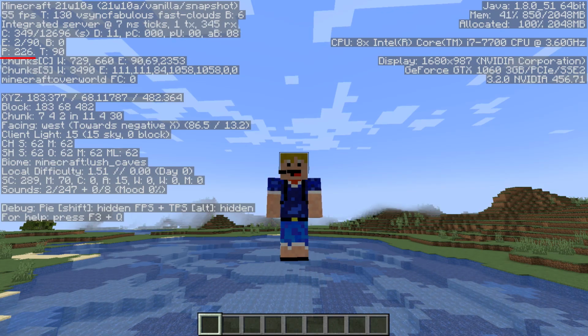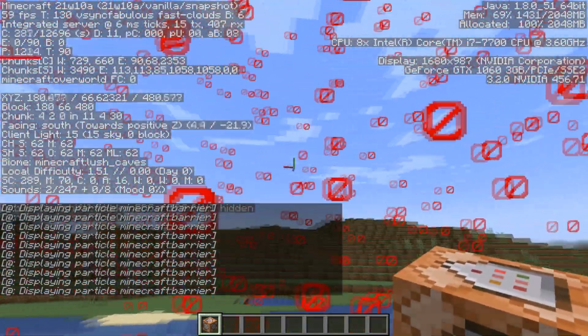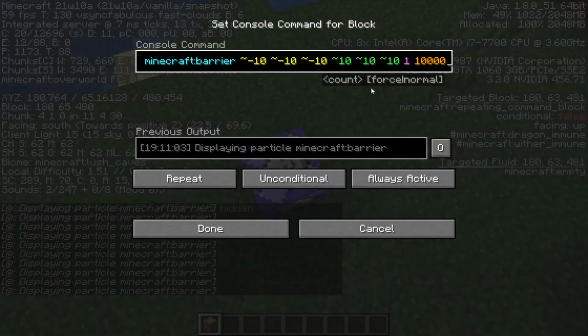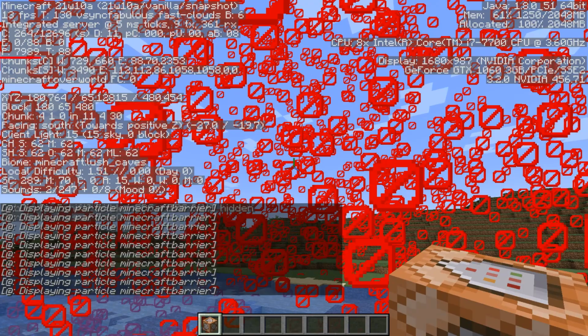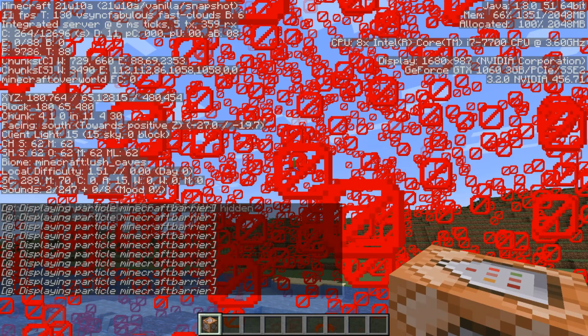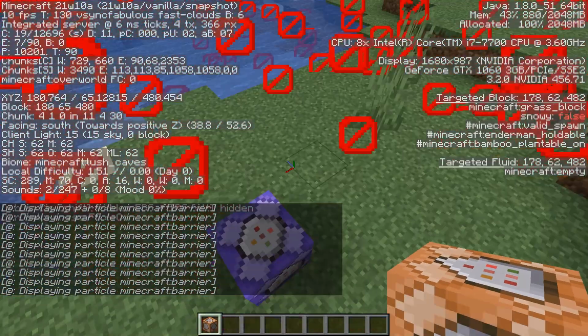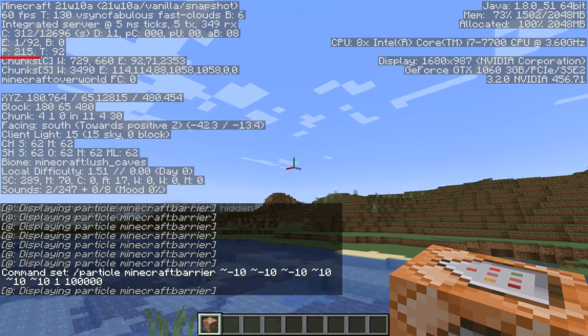So currently that's 230, but we can add some more particles by just using some commands, for example, and now you see the number has risen up to 1000. We can increase this even more by adding even more particles. And there we go, now the number has risen to 10,000 about. And now there's a whole lot of barrier particles on my screen, so I'll quickly turn that off. There we go, they will all disappear, and you can see the P number go all the way down,